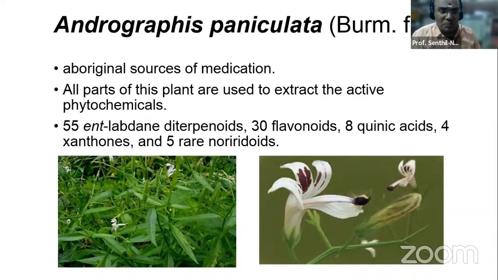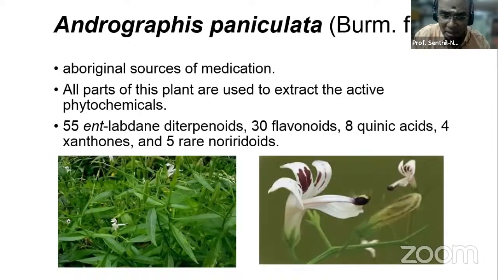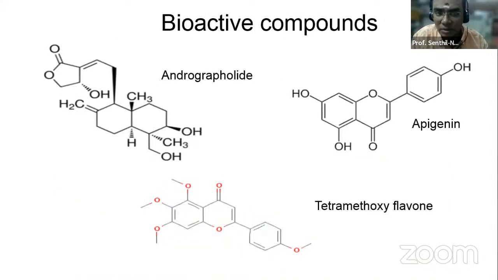So all parts of this plant have great potential as a source of bioactive compounds. 55 ent-labdane diterpenoids are available, 30 flavonoids are available, and tannic acid, xanthones and triterpenoids are available in Andrographis paniculata. This is also the external morphology of that particular plant, with its flowers or inflorescence. So there are compounds which are primarily available in that plant, Andrographolide,